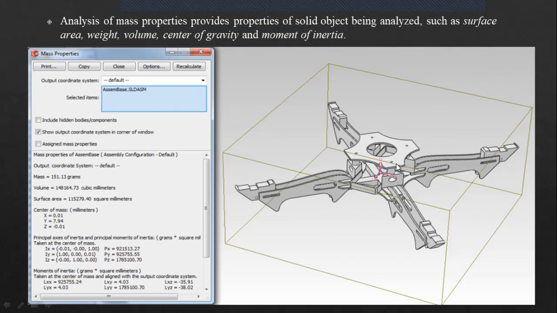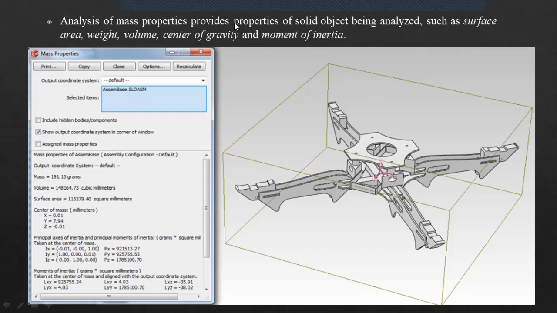They were trying to design this, and once they had constructed the model, they used the mass properties features that we have in the 3D software. You see here it mentions the mass, 151.13 grams, the volume, surface area, center of mass.